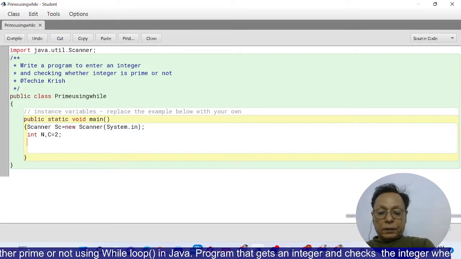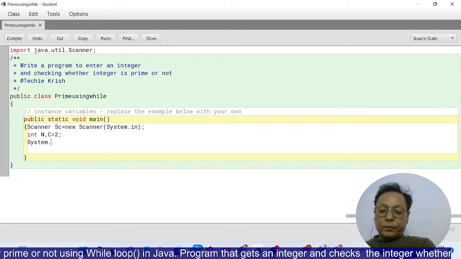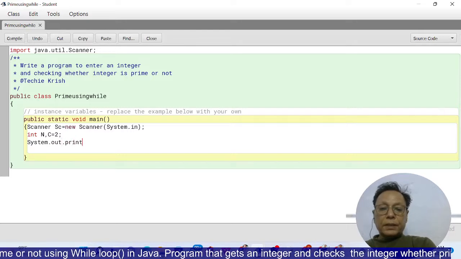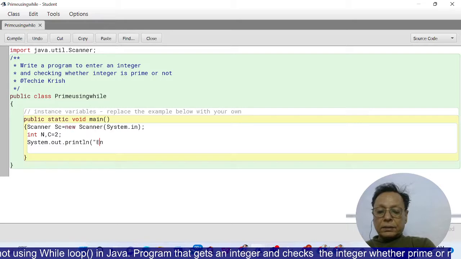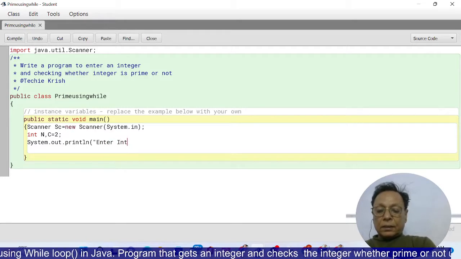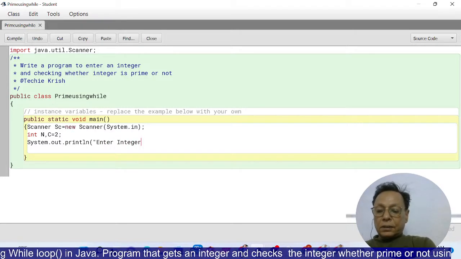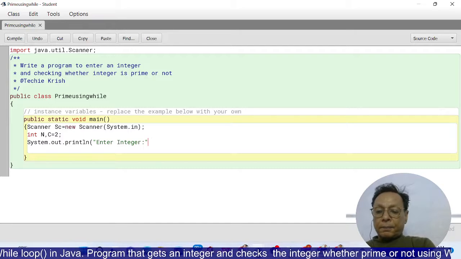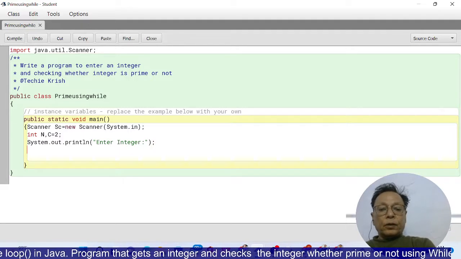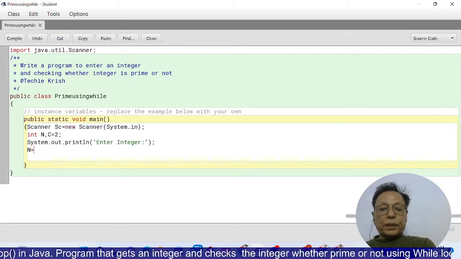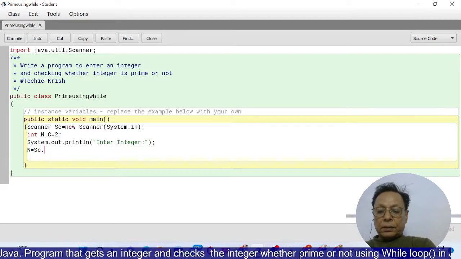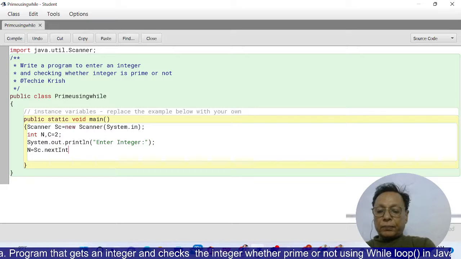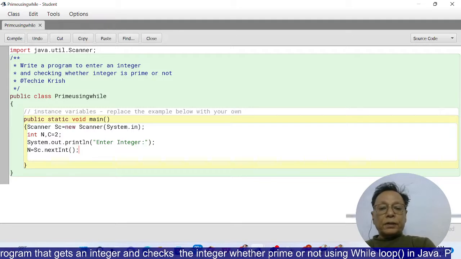and have System.out.println("Enter integer"). Over here I'm going to take n = sc.nextInt(). So here I have taken the input,